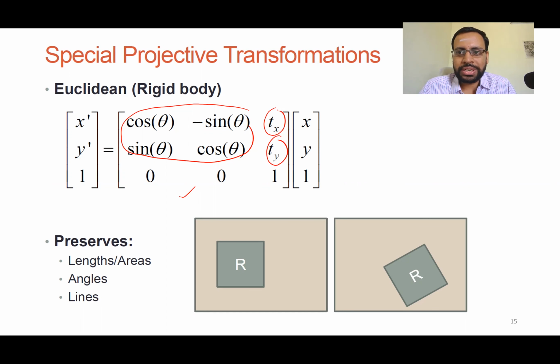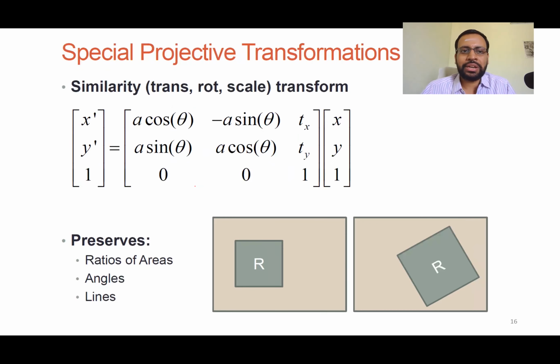representing the rigid transform. How many parameters are there here to be computed? How many parameters are there? 3 parameters are there. How many were there in the translation, in the earlier translation matrix? How many parameters are to be computed there? 2. Only two parameters, right? Correct. Now the other one is